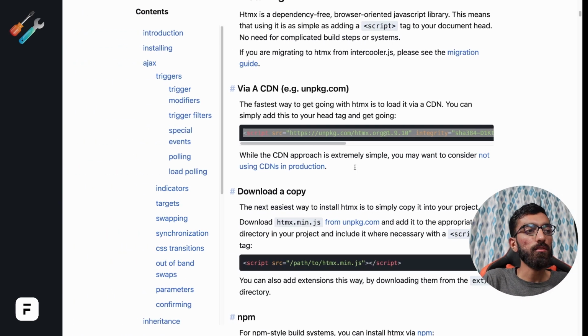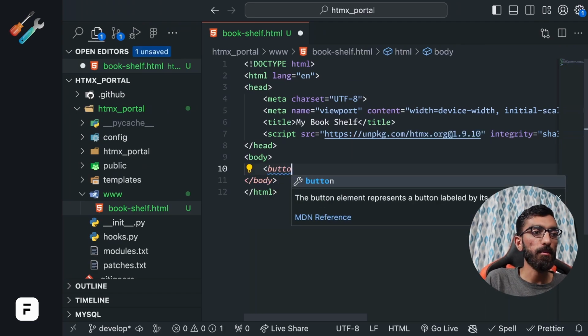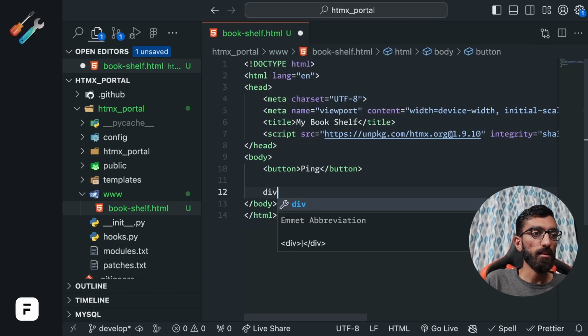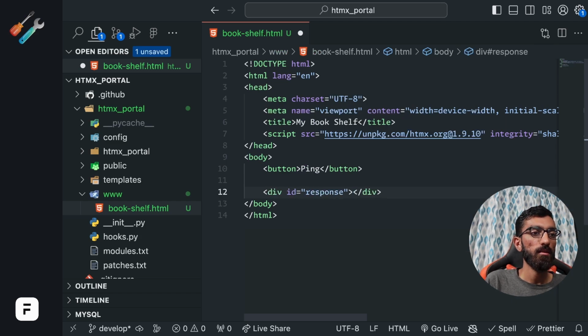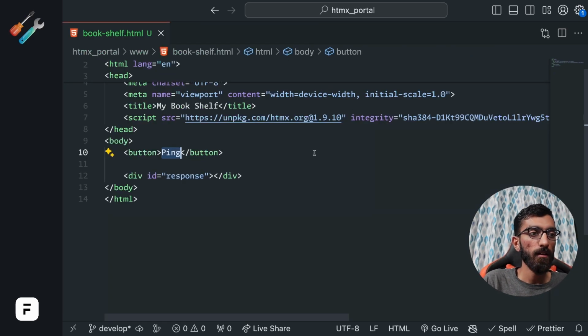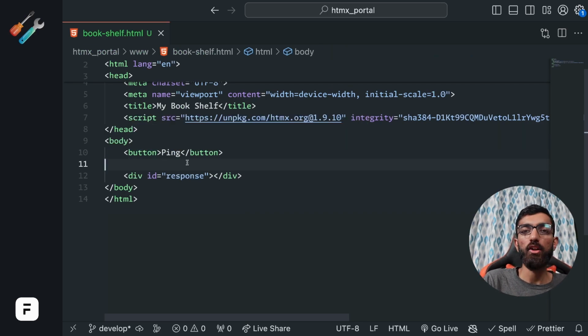So to try it out, I'm going to basically add a button which says ping, and I will create a div here with an ID of response. I'll keep it empty. So what I want is, whenever the user clicks this button, ping, /API/method/ping should be called. That is a special endpoint in Frappe which returns pong, which means the site is active